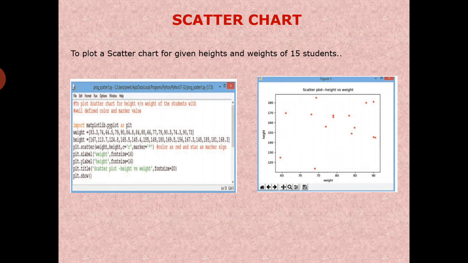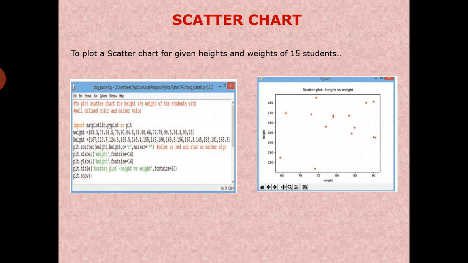Now students' height and weight is given in the form of list values and are stored in variable weight and height. The statement plt.scatter weight comma height c is equals to r marker is equals to star will create scatter chart of two lists weight and height. The color and marker style was taken as red and star symbol.